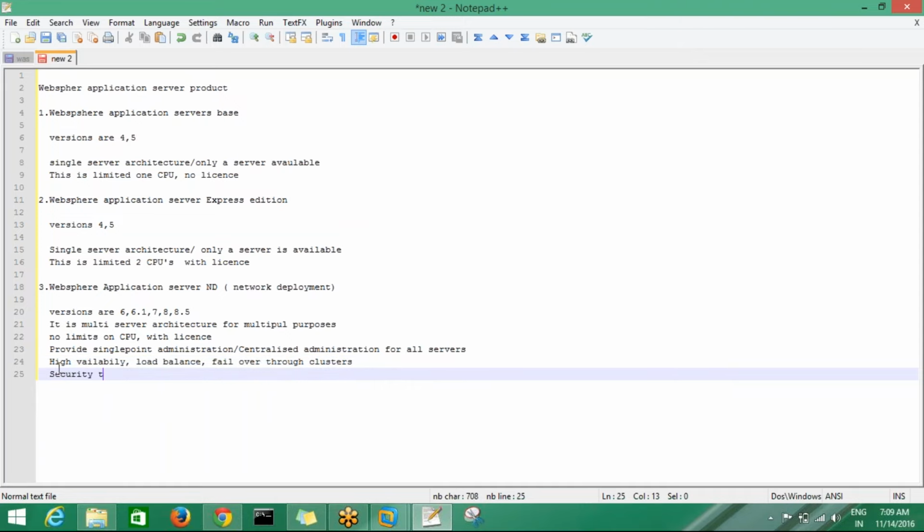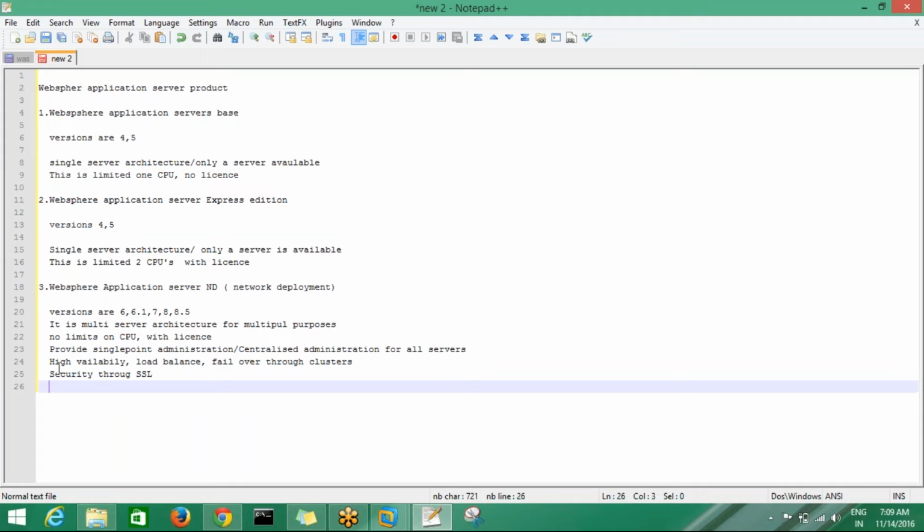Security through SSL. Multi-user and multi-application deployable.